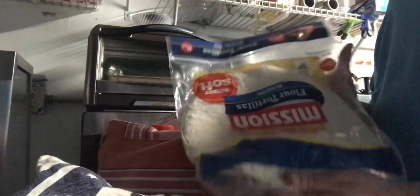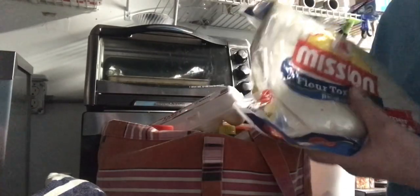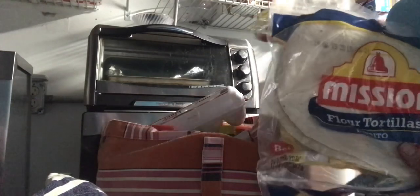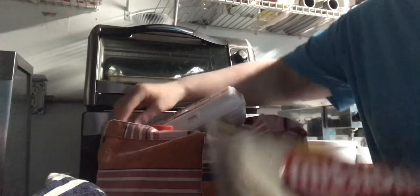I got a package of the Mission burrito-sized tortillas. It's an 8 count. I've not tried these particular ones, but I do like the Mission tortillas. Really good tortillas. I'm going to make a new recipe with these. I have some other ingredients in here that I'm going to be using, which is